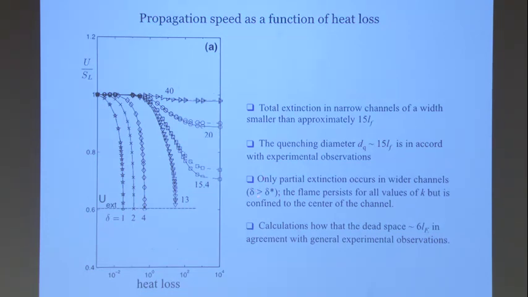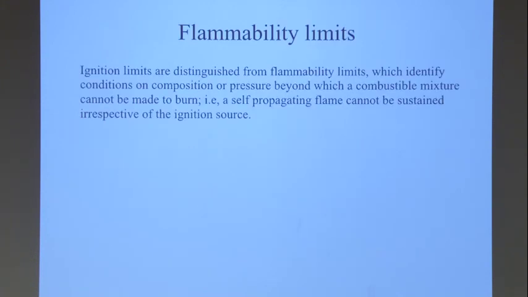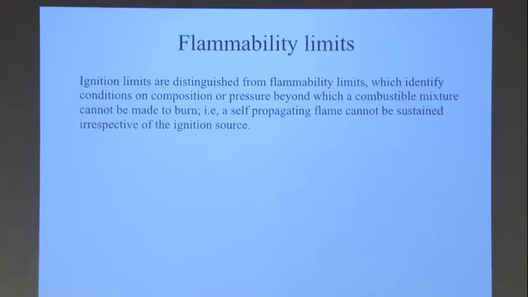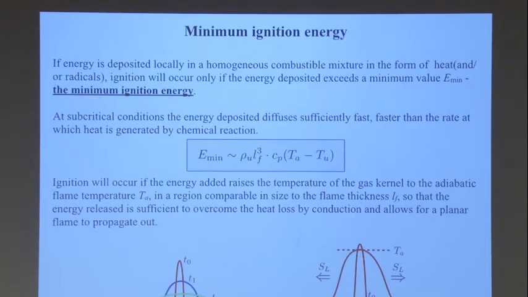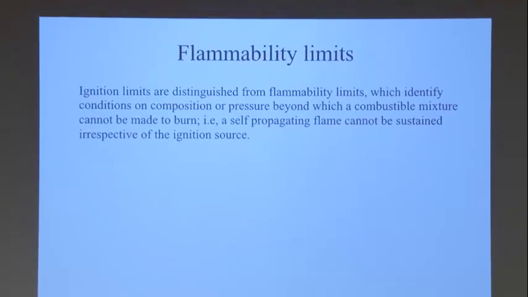In a wider channel you have only partial extinction, namely near the wall, and the dead space that we saw in the previous result turned out to be approximately 6 times the flame thickness, which is also in agreement with the experiment. I think that's the end of this, so I will stop here. You can read this on your own. I will start after that with